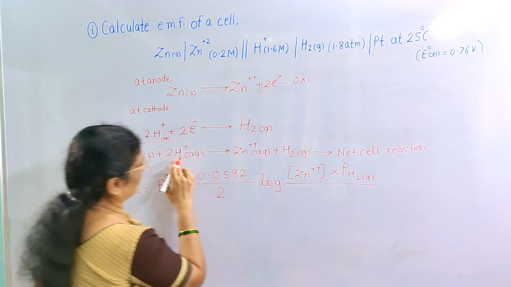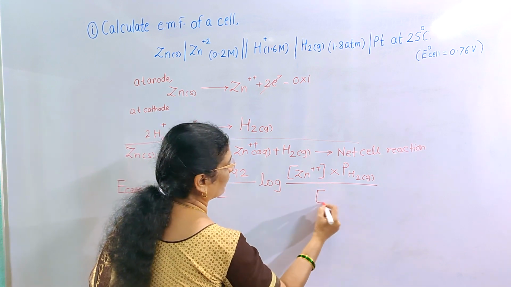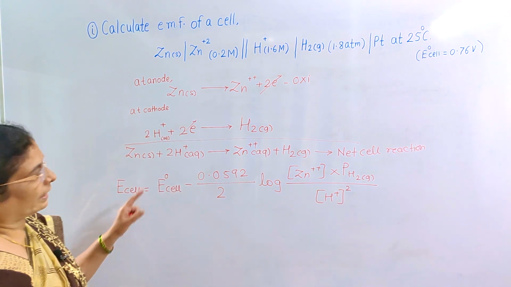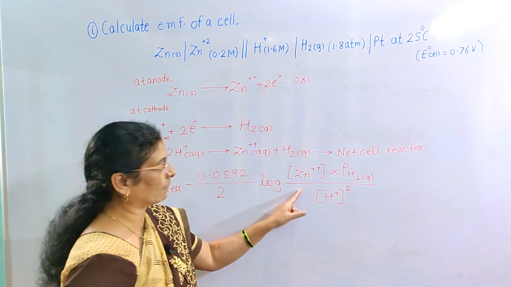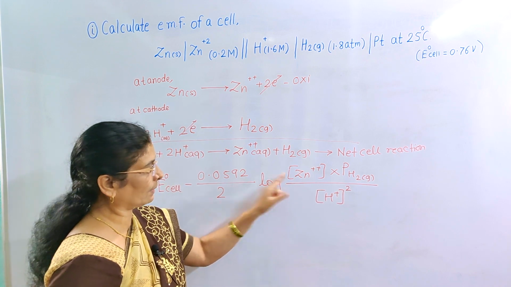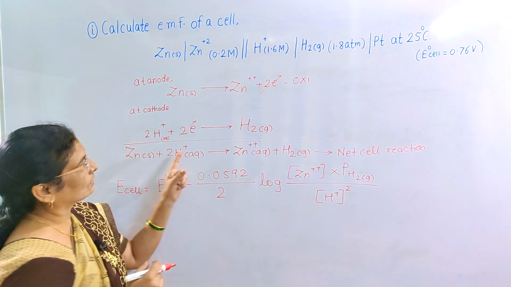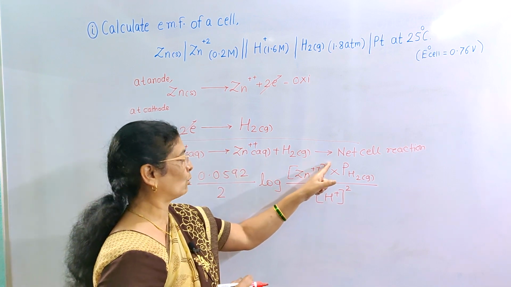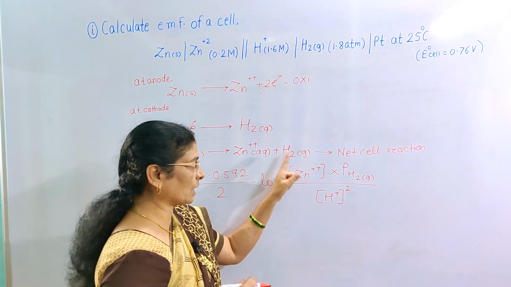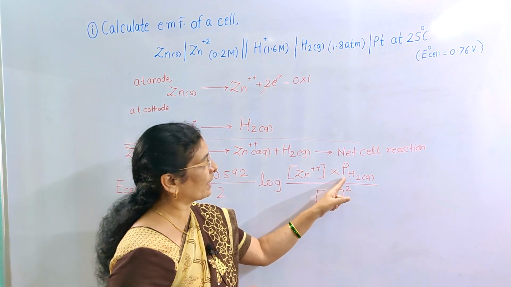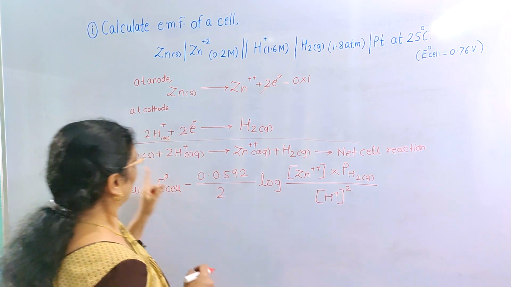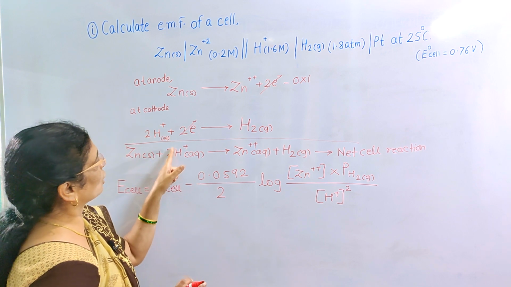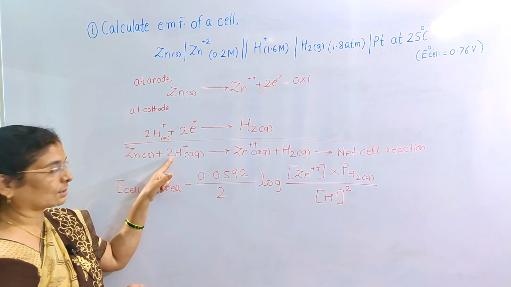Concentration of H+, 2 H+ ions are there, and so here concentration of H+ in square brackets. Remember, this is the expression for the equilibrium constant, which you have to recall. Concentration of Zn2+, the coefficient is 1, so Zn2+ raised to 1. Instead of concentration for gaseous substances, you have to take partial pressure of hydrogen gas, divided by concentration of Zn solid, which is equal to 1, and concentration of H+ ions raised to 2 because the coefficient is 2 here.